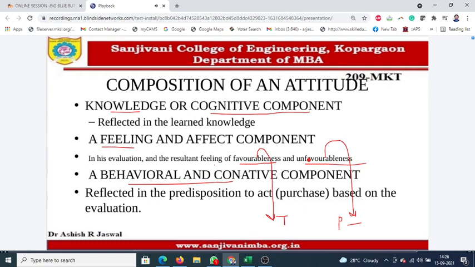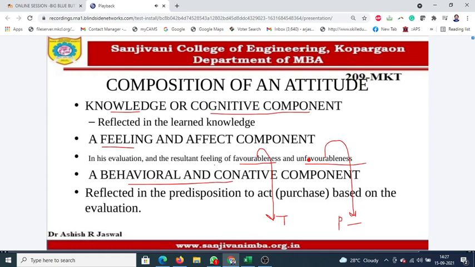Clearly, if the resultant feeling is favorable, definitely you are going to make a purchase. And if the resultant feeling is unfavorableness, then you may not be involved in the purchasing. That is what we need to understand. With this,